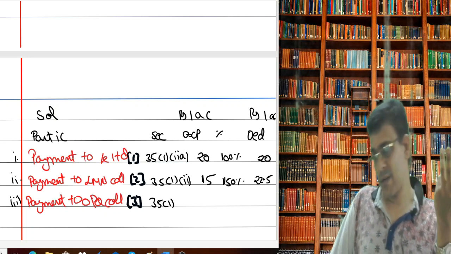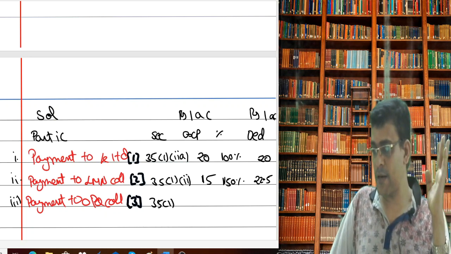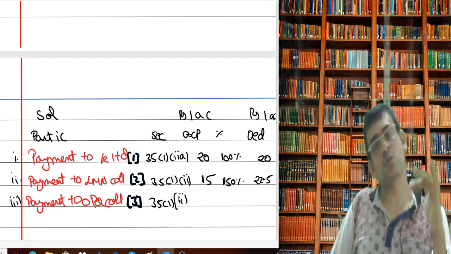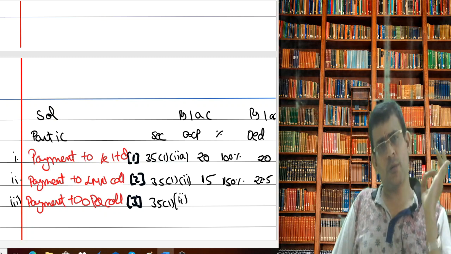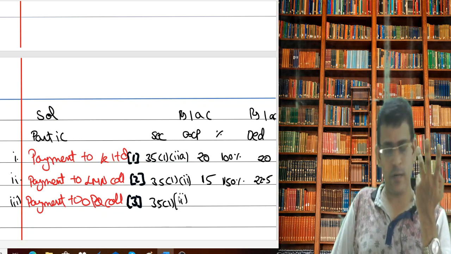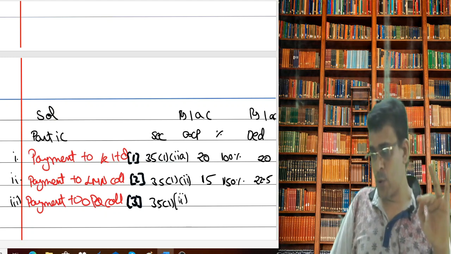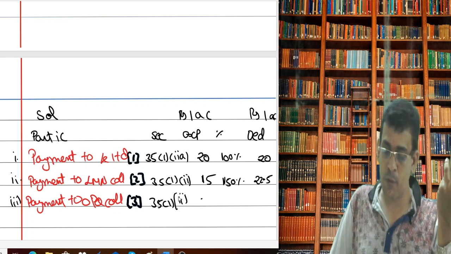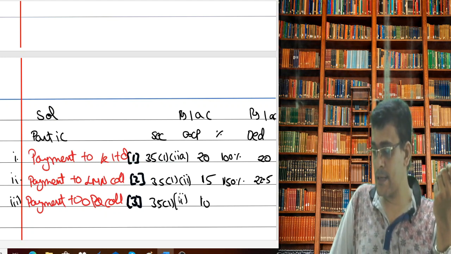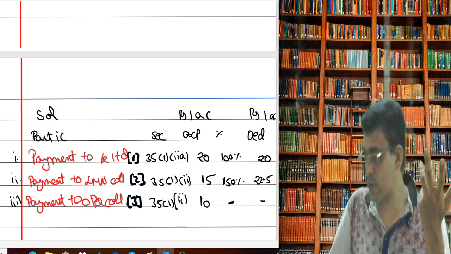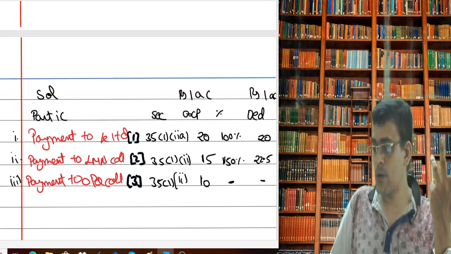Ultimately, even this is covered as a part of your subsection 2, because there it is clearly mentioned that under the section, only a contribution to an approved institution, college or university is allowed as reduction. Being OPQ college is not approved, nothing is allowed as reduction. What is the amount paid? The amount paid is 10 lakhs, but we are not going to give anything as deduction. So nothing is allowed as reduction. That is your third contribution.